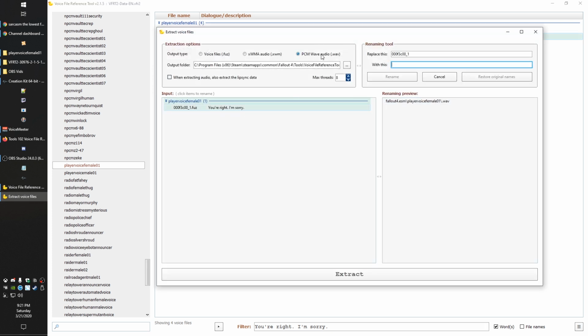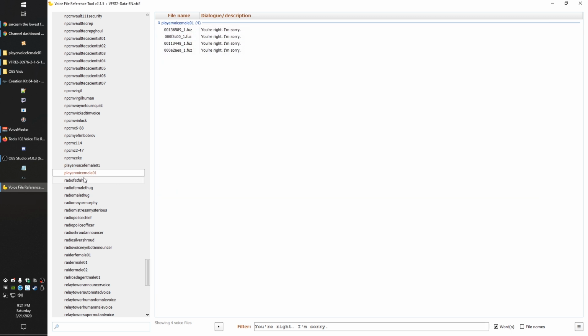I'm going to make sure this is on PCM Wave Audio, and I uncheck this, and I explain all of this stuff in the tutorial about the voice file reference tool if you want more information on that. And we're going to paste this in here, hit rename, and then hit extract. And then we're going to go ahead and click on voice mail, and you'll see that the search stays, which is really awesome,